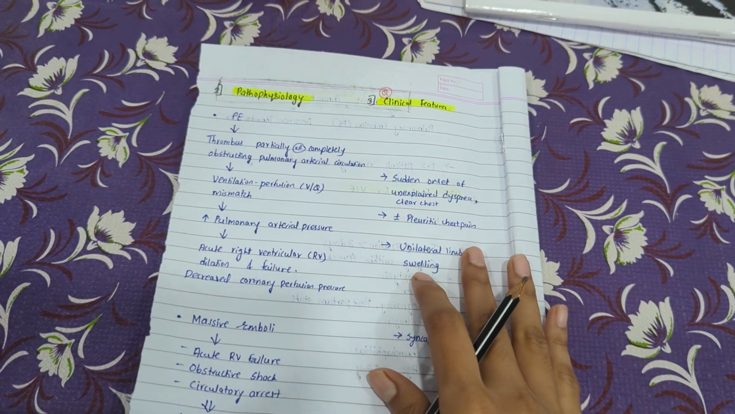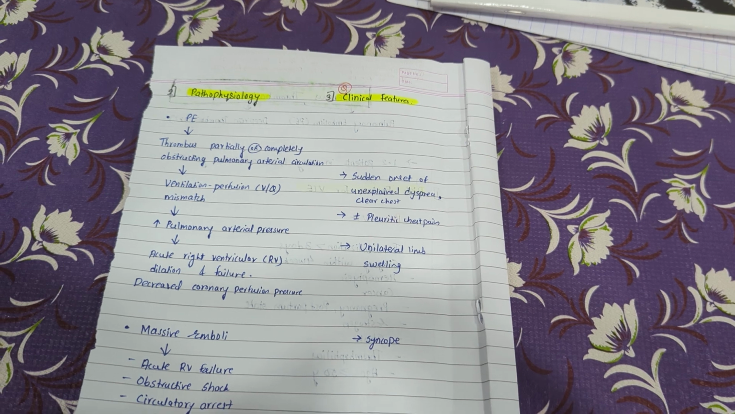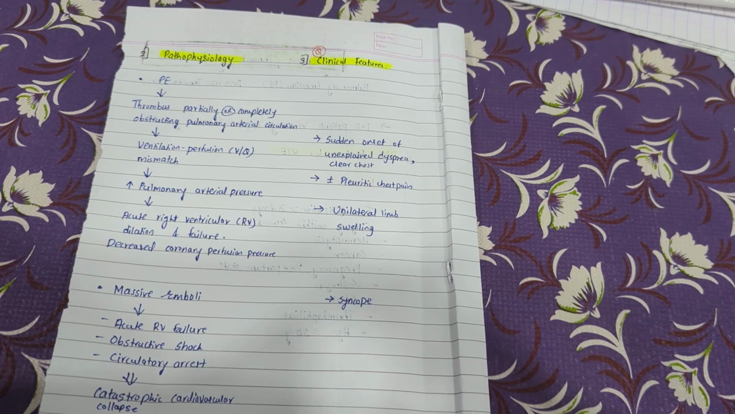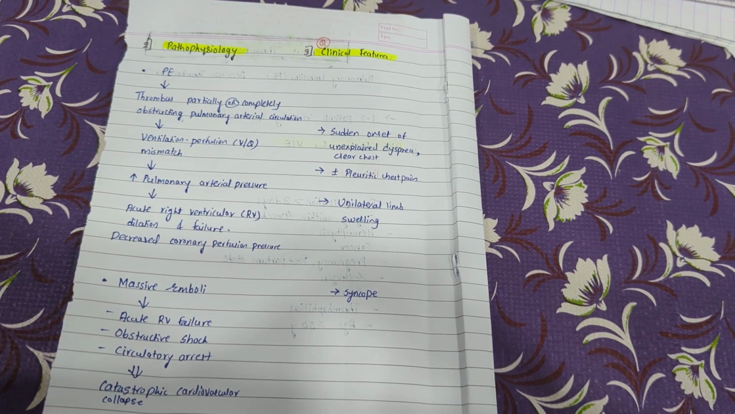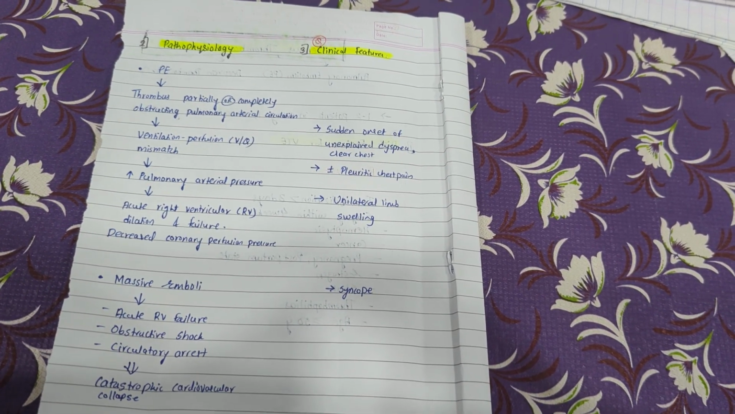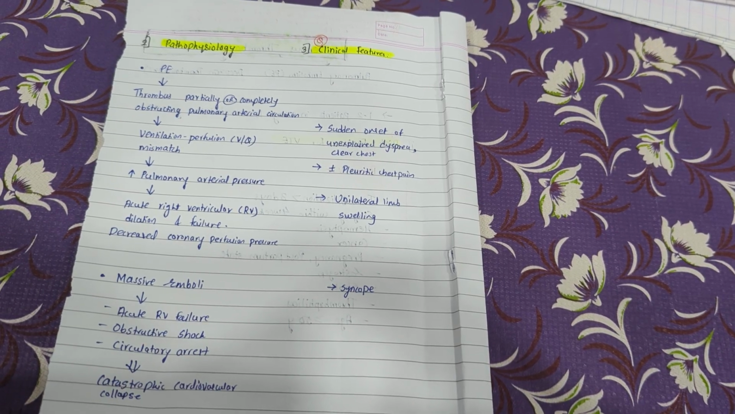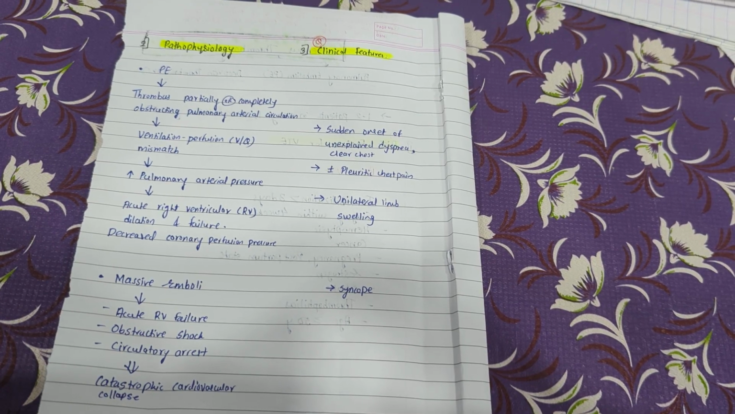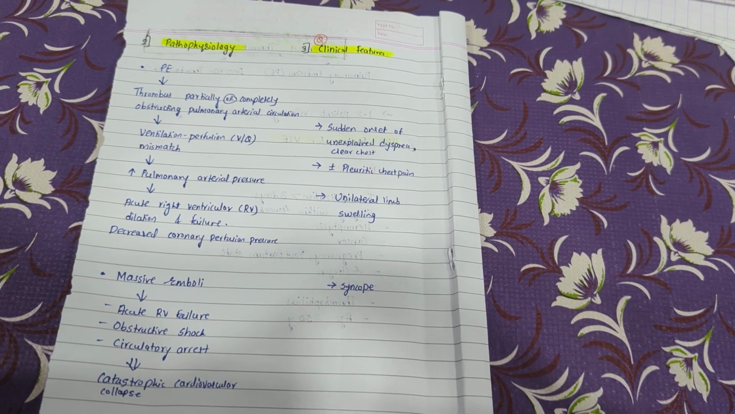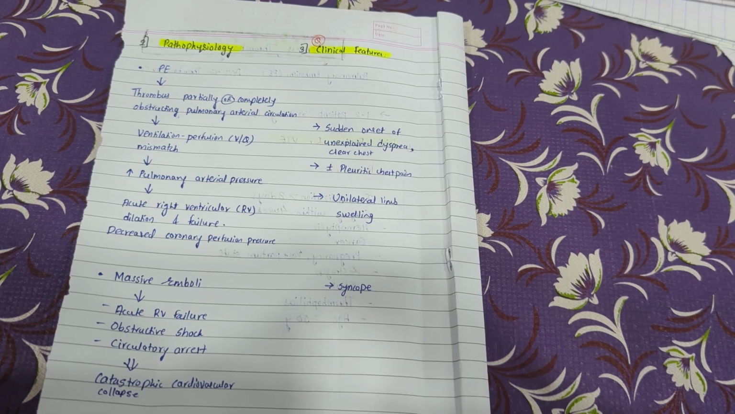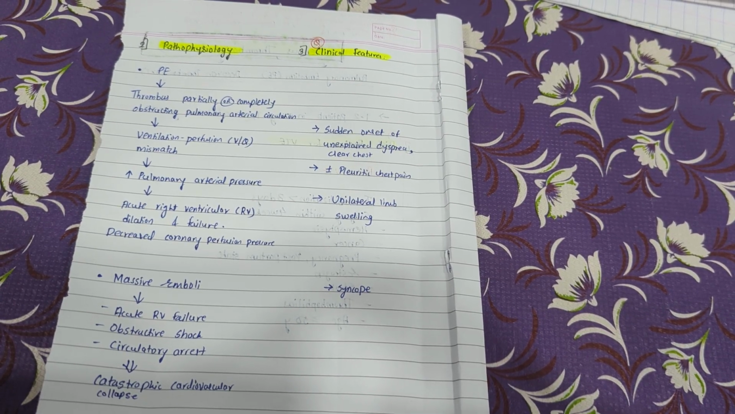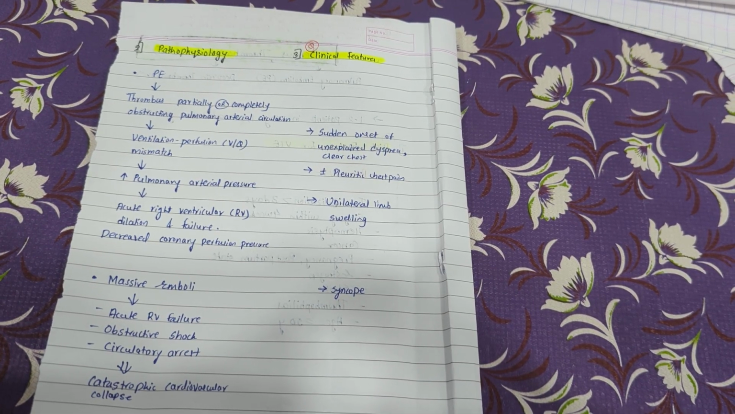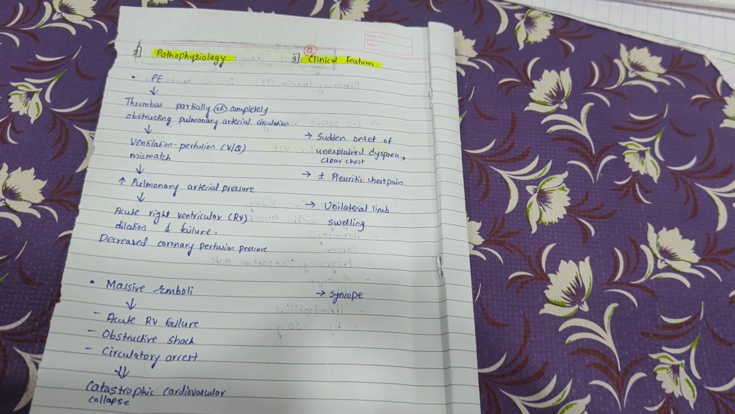Now coming to the pathophysiology of pulmonary embolism. In pulmonary embolism, there is a thrombus partially or completely obstructing the pulmonary arterial circulation, which causes ventilation perfusion mismatch, ultimately leading to an increase in pulmonary arterial pressure, which leads to acute right ventricular failure, dilation and failure, finally causing a decrease in coronary perfusion pressure. If this is the case, the patient presents with sudden onset of unexplained dyspnea because there